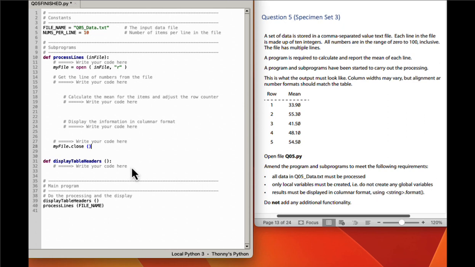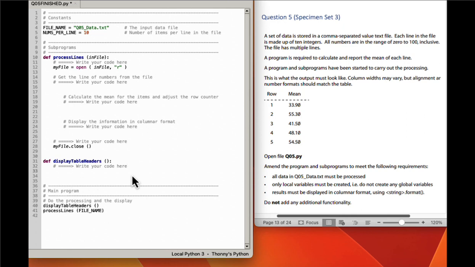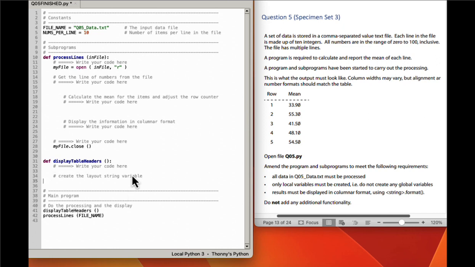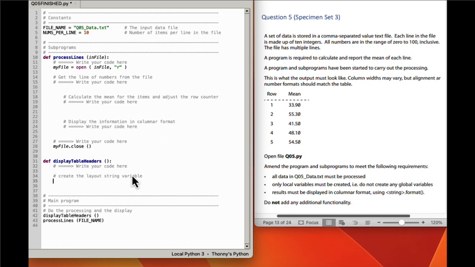Now, what I'm going to do is, because I know this is question 5, and I know it's going to ask me about, insist on me doing things like proper commenting and proper design, we'll create comments as we go along. So what I want to do is add a comment here which says create the layout string variable. I'm just going to give myself a little bit of space, and I'm following the PLS here, which also creates this layout string. And in there, what I want to do is I'm just going to create an empty string,